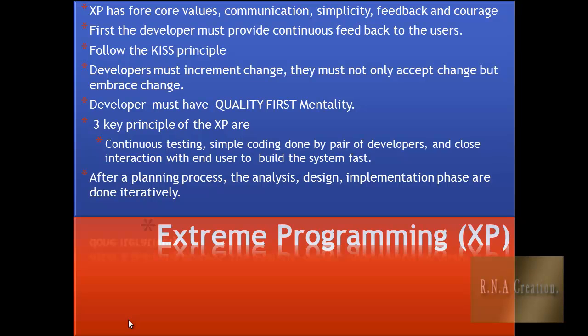Three key principles of XP are continuous testing, simple coding done by pairs of developers, and close interaction with the end user to build the system very fast. After the planning phase, the analysis, design, and implementation phases are done iteratively, and that's how it is done. Okay, this is extreme programming, and let's look at the